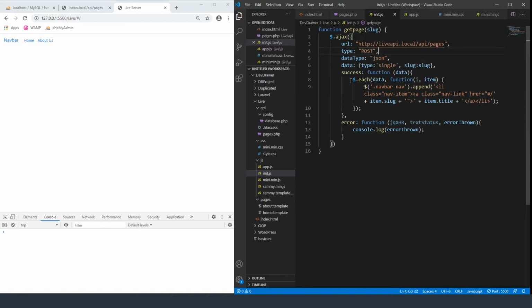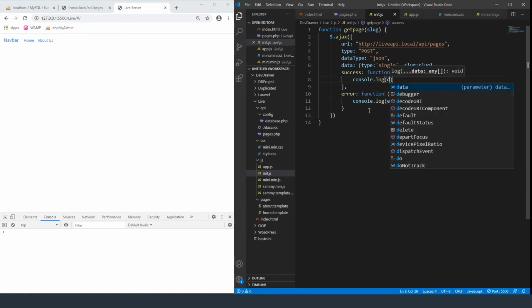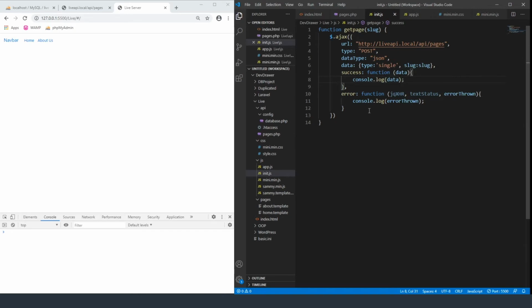And then we don't need to do the each because we're only getting a single page now, but what we do want to do is create some functions that are going to be populated with this content. Actually, let's do console.log to make sure it's getting the data that we want. So this doesn't have to change. Inside of our